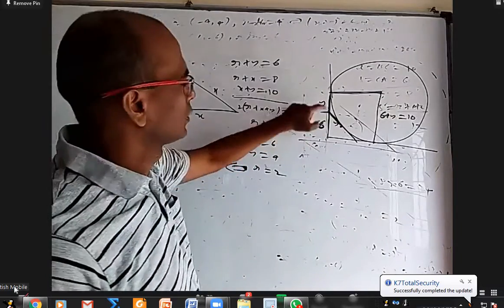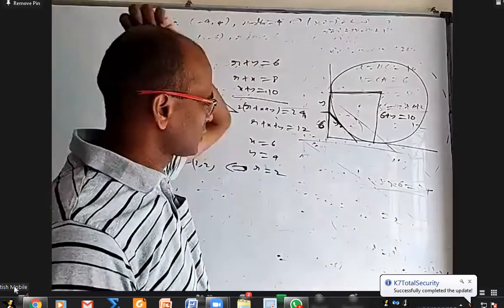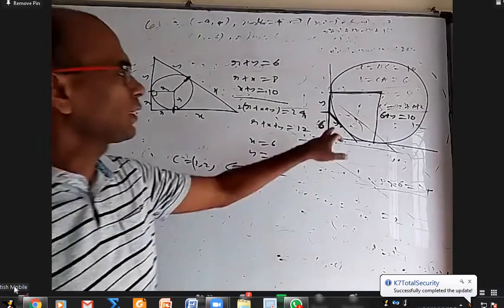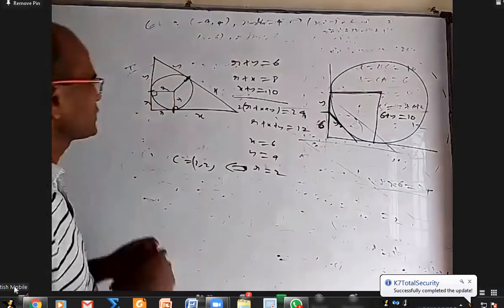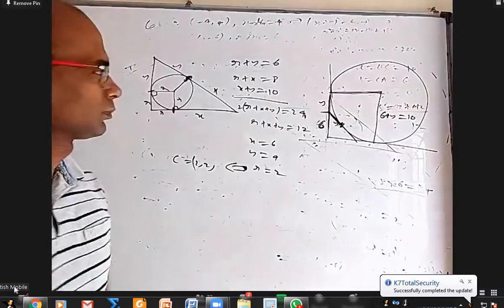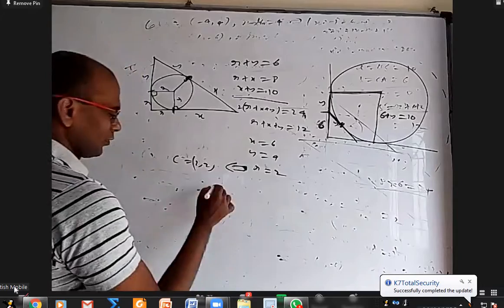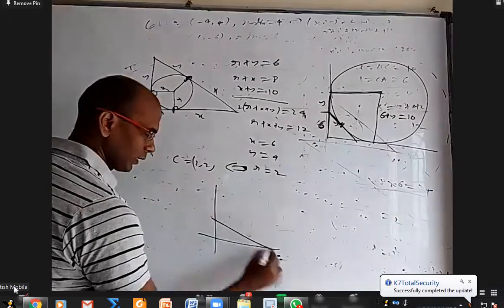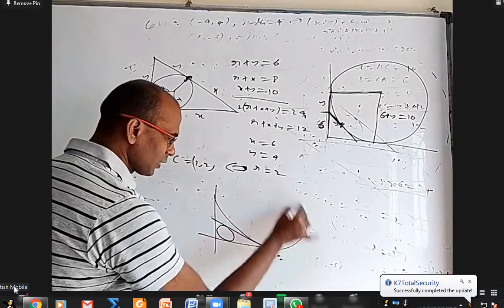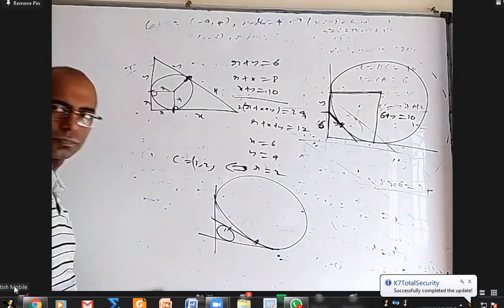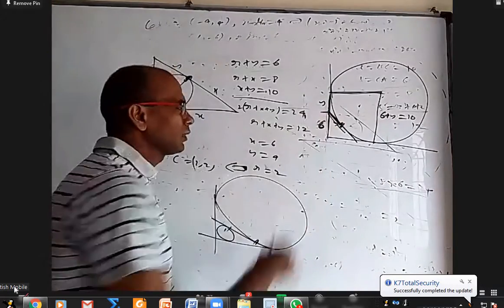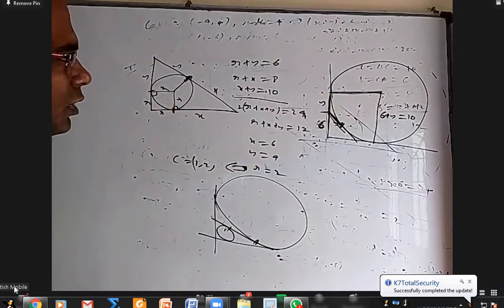Plus this length is same as this length. Is that right? Yeah, but wait. Everything is fine, but the thing is, this point of contact is not same as this point of contact. They are different. If you take something like this, where this touches and where this one touches, they are different. They are not same. So one should not think this is that y. There's a way to do this. I can do it, not a big deal.